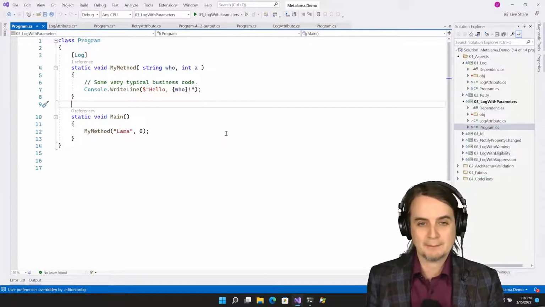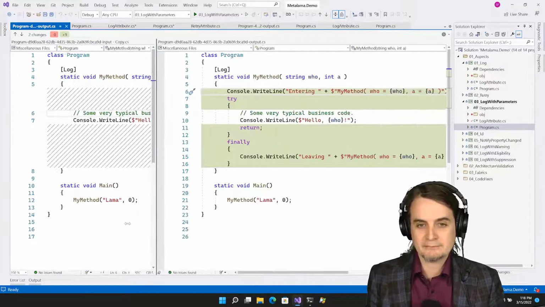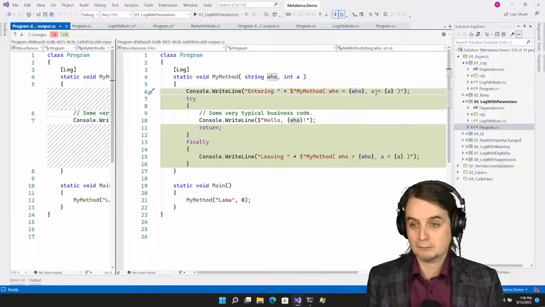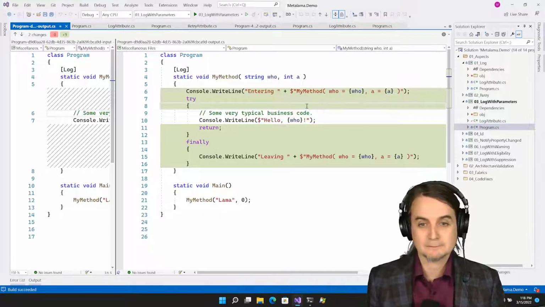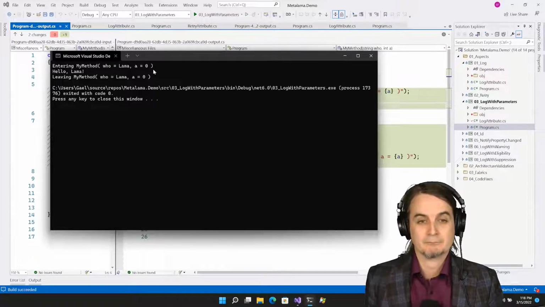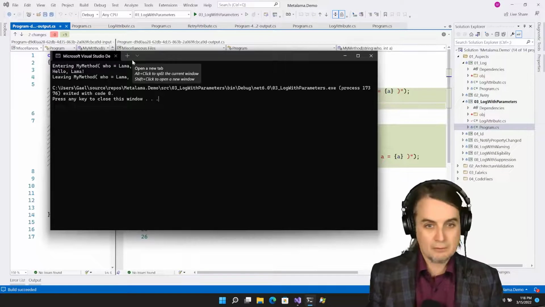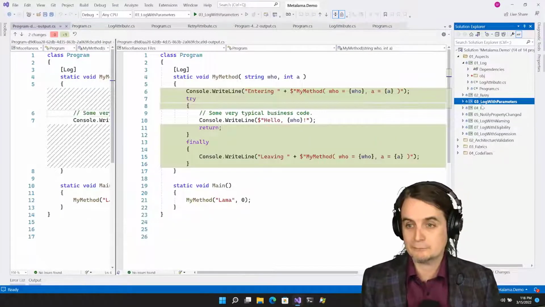So if I preview the diff here, you will see that I have generated the interpolated string exactly how I would have expected. I can start this, and you can see the result here. So now if you want better formatting and so on, this is just compile time code. You can make things as complex as you want.